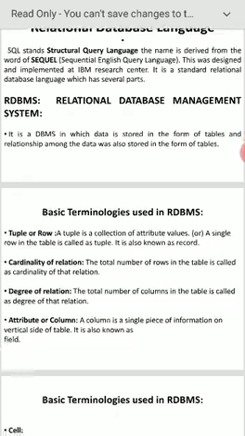Take employee number, employee name, salary. I will store employee number 1, name A, salary 5,000. One is the employee number, A is the employee name, and 5,000 is the salary. Generally, we can say this is a record, but in RDBMS that is called a tuple, also called a row. A collection of related data items is called a record, also called a tuple.